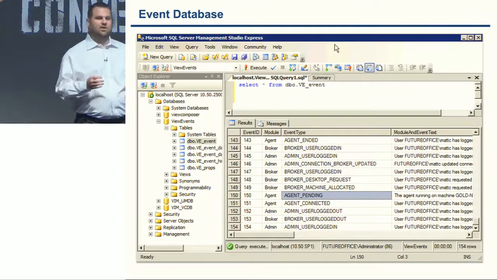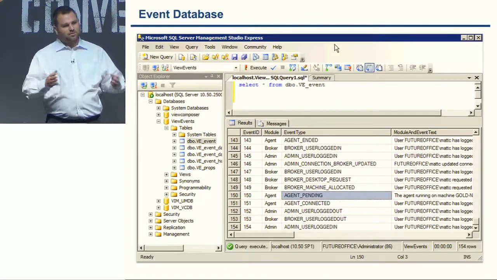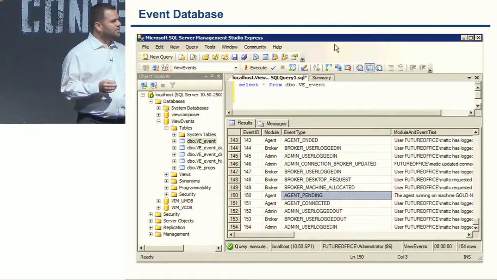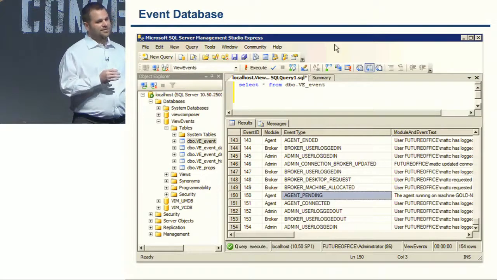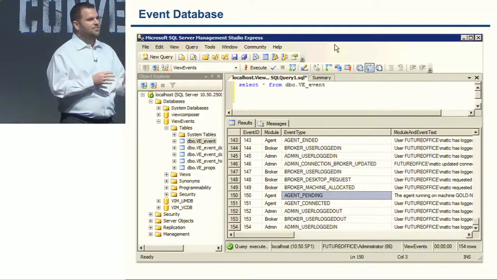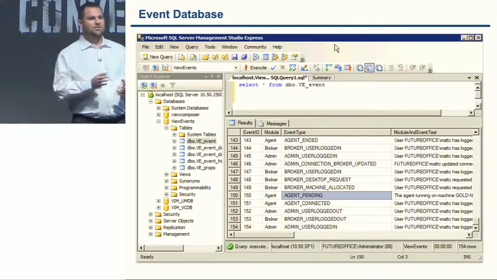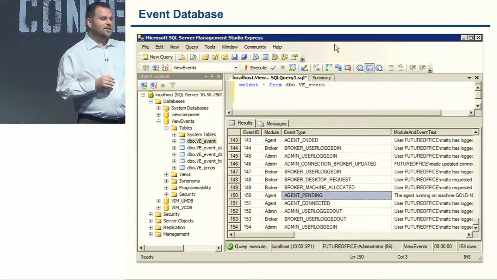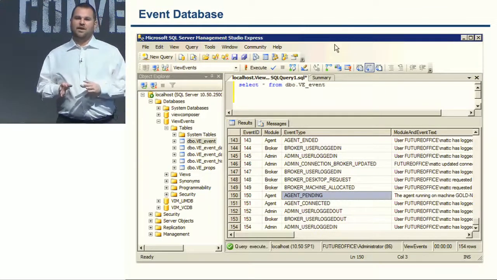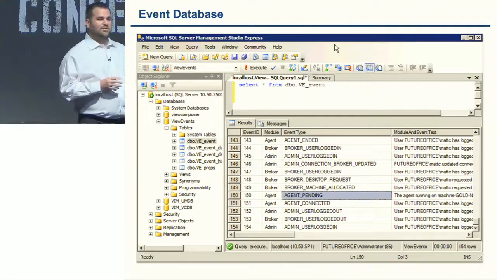similar to what we talked about using Baretail to help filter out. This is a great tool to actually go in and look at the events and a lot of the audit information that we get in View. And if you're SQL savvy and you can write some queries, this information is kept raw in this database. And while we always advocate being careful when you're working directly with the database,